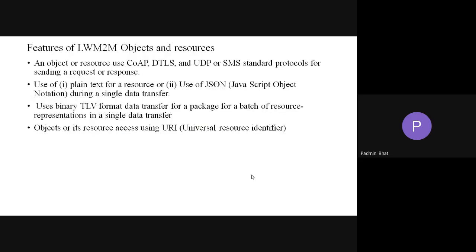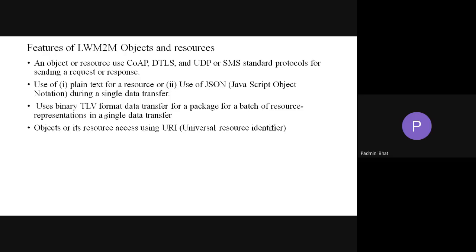Next, coming to features of lightweight M2M, an object or resource use: plain text for a resource, or JavaScript Object Notation during a single data transfer.